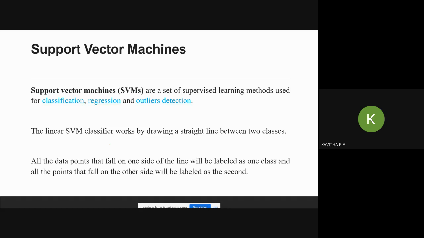So this support vector machine will be used when the data set belongs to, or when we choose, the supervised learning methodology to perform the prediction. By using this SVM, we can do classification, we can do regression, and we can even do outlier detection. Let us discuss what outlier detection is in upcoming sessions, right?